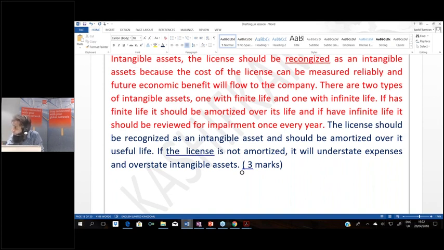So what is more valuable? All of you present here, please respond to me very effectively. Is writing IAS 38 in the journal important, or is this 1.25 million more important? Which is more case specific, 1.25 million or the IAS 38? Are you getting my point? That we have to be case specific?